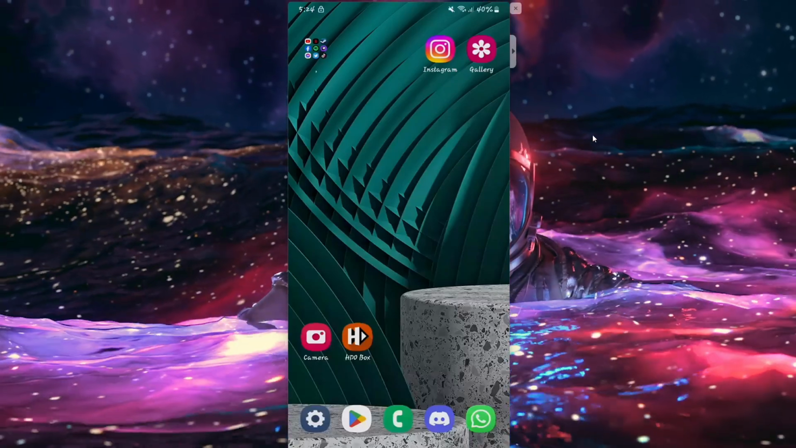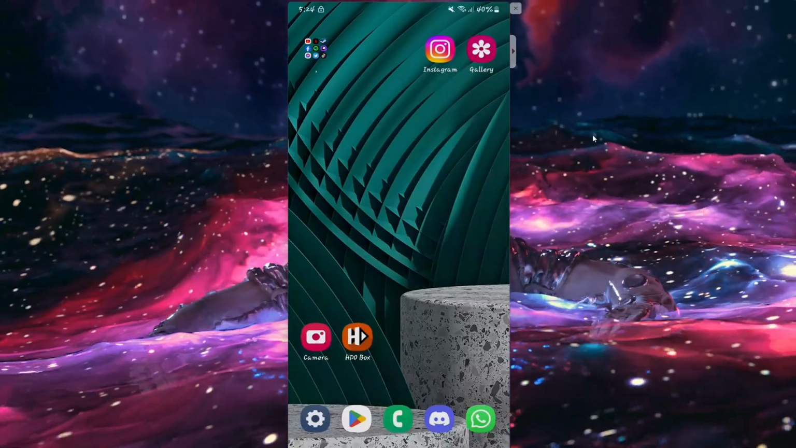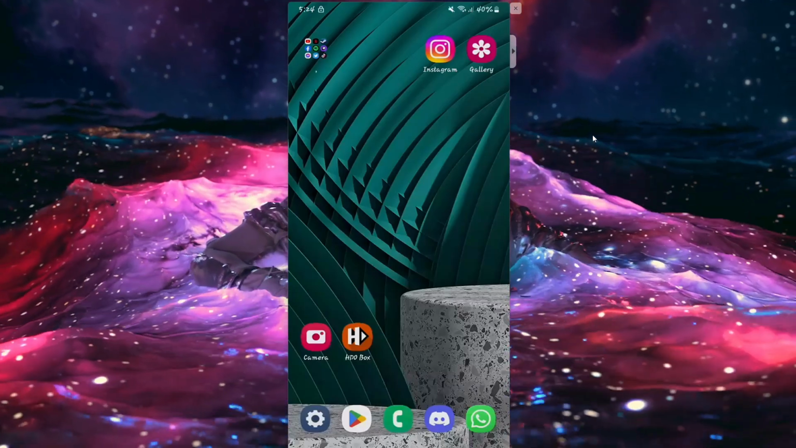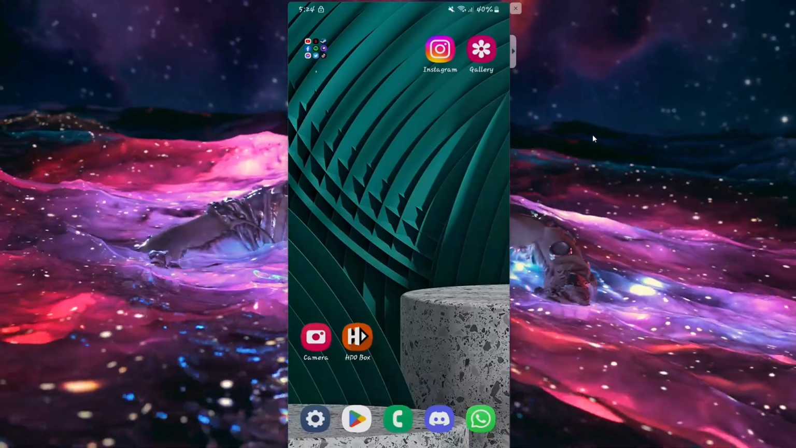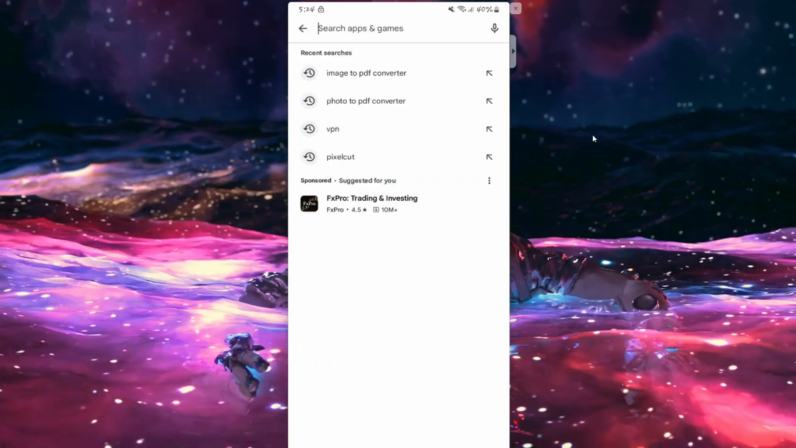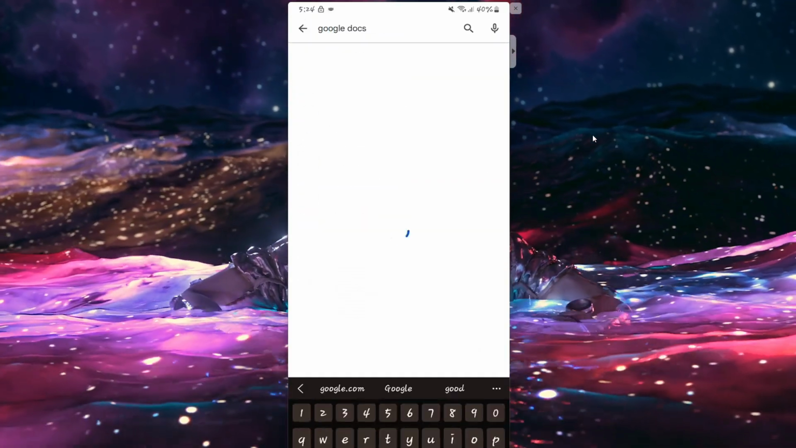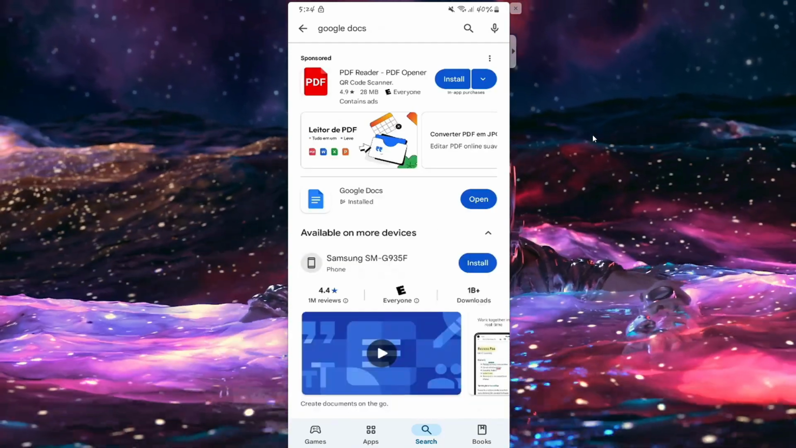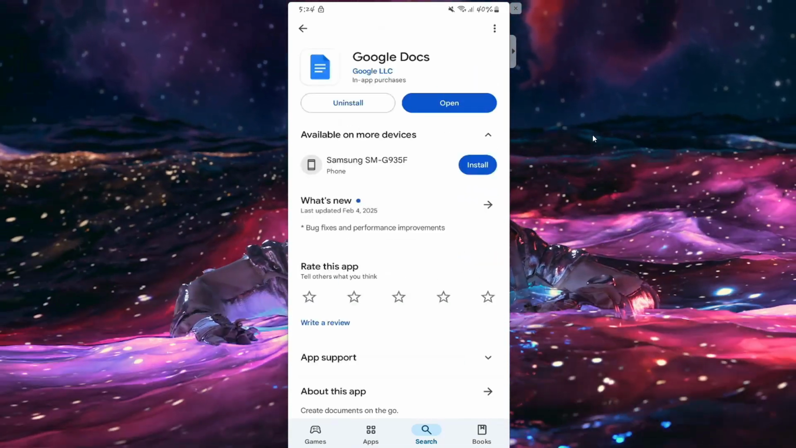Hello everyone, in today's tutorial I'm going to show you how to convert images to PDFs in your phone. So first you're gonna go to Play Store. When you're here you're gonna download Google Docs, this application right here. You're gonna open it